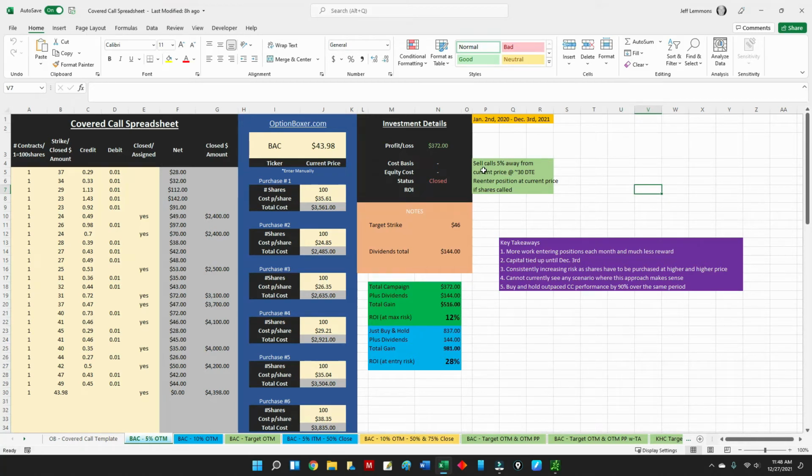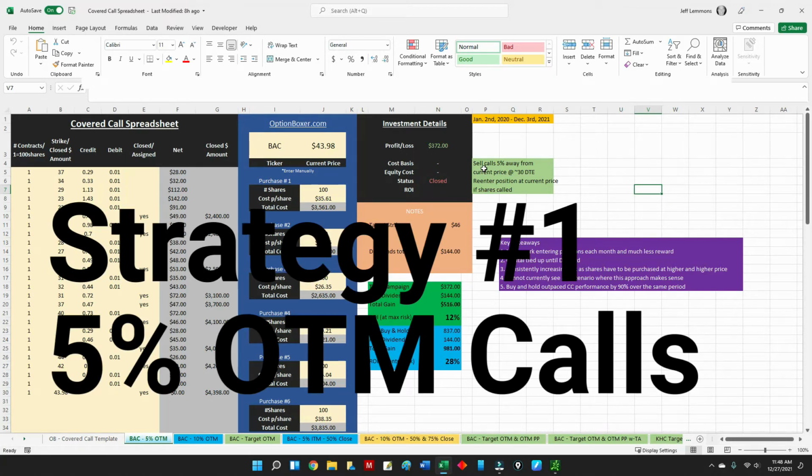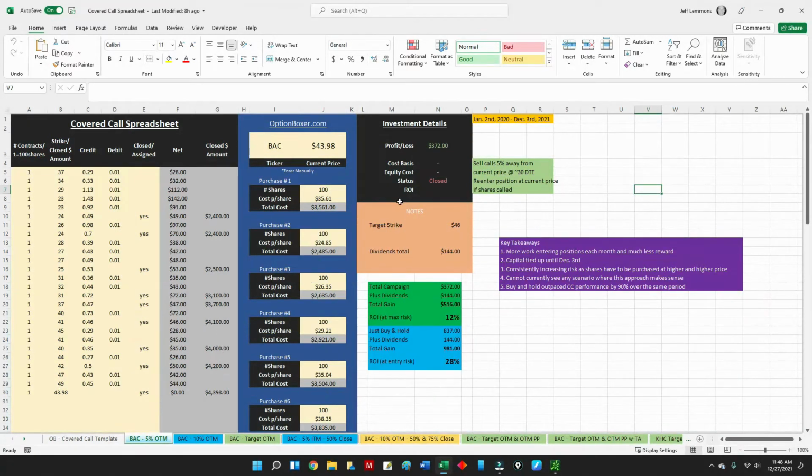The first backtest I attempted was I wanted to sell calls 5% away from the current price at about 30 days to expiration. And then I was going to re-enter the position at whatever the market price was as soon as the shares were called away. And you can see the backtest data here. I'm not going to go through all that. But more or less the key takeaways from this particular approach were it was more work to enter the positions each month, and ultimately less reward than if I had just bought and held